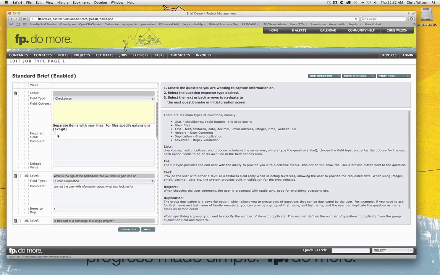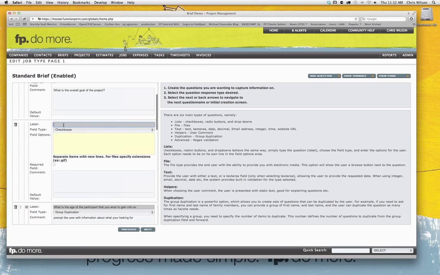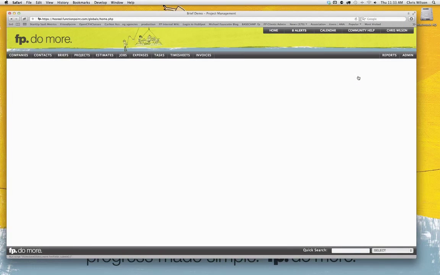It's pretty straightforward to add a new question. I select the little plus sign, and notice how it shows it to me. I put in here sample question. If I select checkboxes, and then it would be 1, 2, and 3. I might put in here, select the right checkbox for, I was thinking about making it a promotion for $10 off. And really just selecting to save those changes.